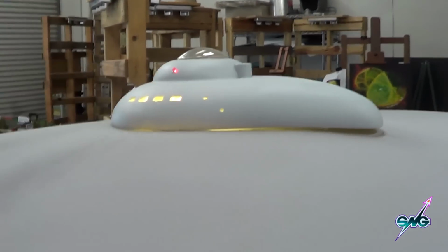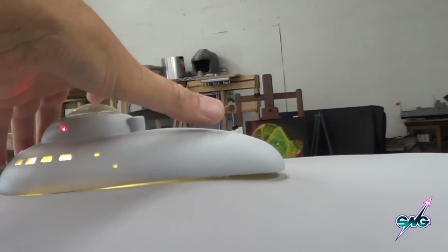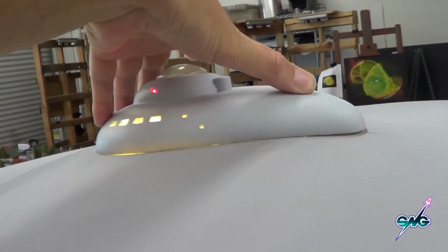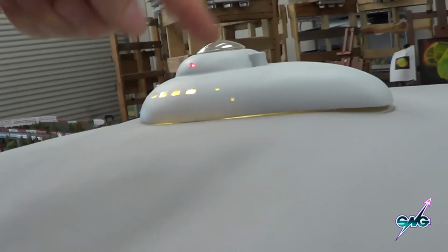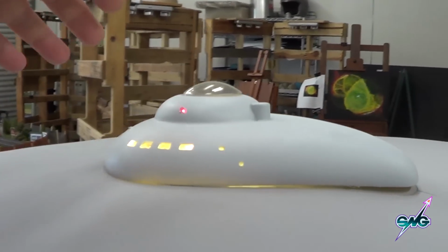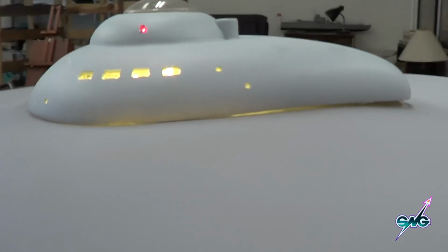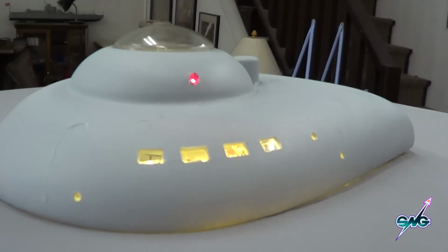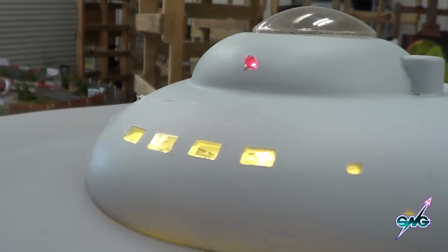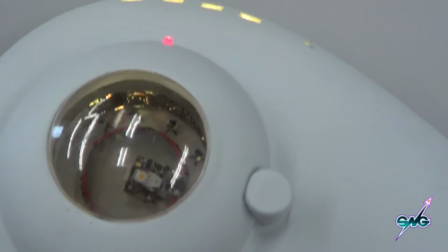Now, of course, this is just sort of sitting on here, okay? I just sort of laid it on top, and there is some distortion and some warpage of the material from sitting around for a long time. And we got a little light leak down here, so I'm going to have to put some light blocking material behind the edge. But overall, we got the red light in, the windows are in, and there's some cobwebs in there that I'm going to have to deal with, but that's not a problem. But you can see you've got the feeling of some rooms behind there and stuff. And up here we've got our bridge,